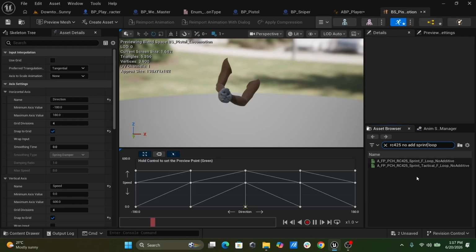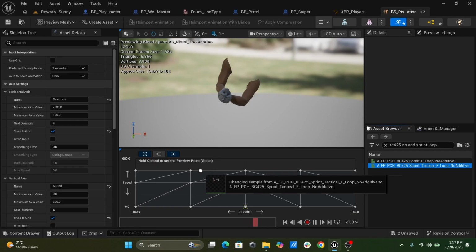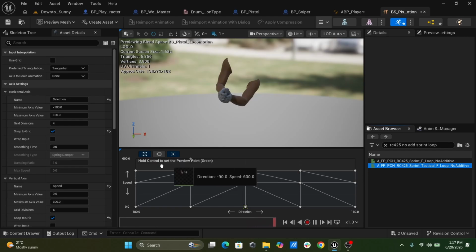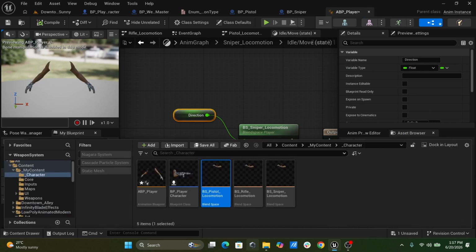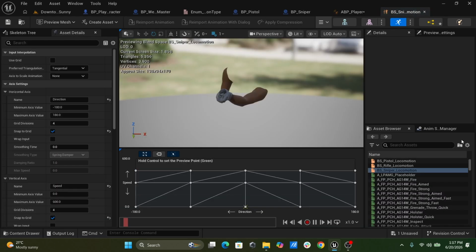So for the pistol, I am going to use tactical sprint tactical. I have two animations for sprint. I like this one more. I'm just going to use this one. So let's update the animation for sniper as well. So into the sniper locomotion,